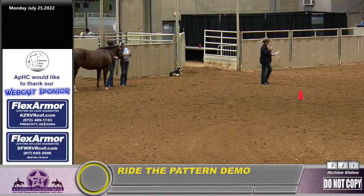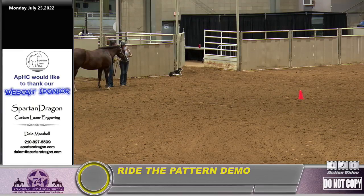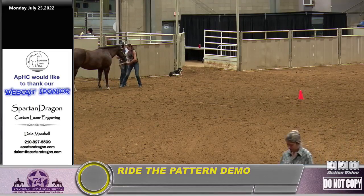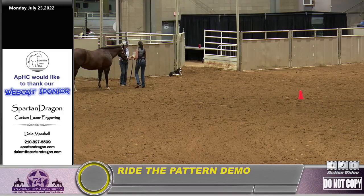Next pattern we're going to do is the novice showmanship. It starts with the walk, then start your trot, a square corner, round to a turn. So trot that square corner round again, even with the judge. Have your hip to the judge when you perform that 360-degree turn. Then we're going to jog a half circle,